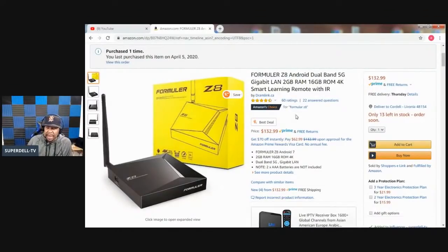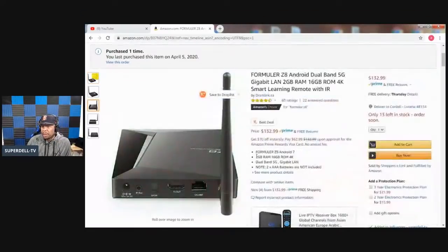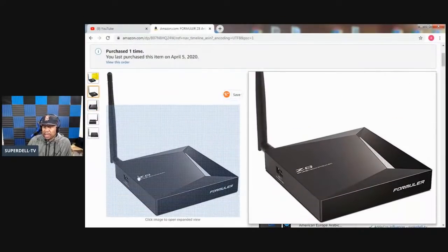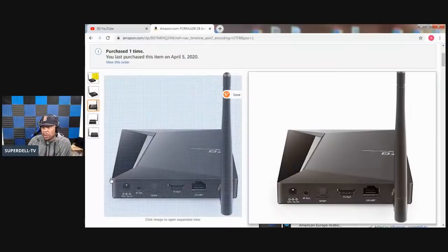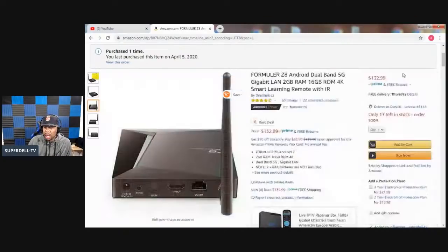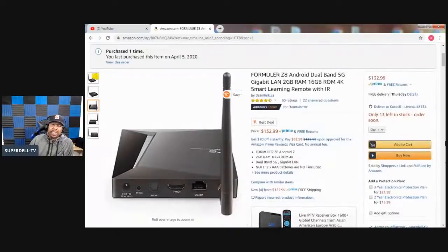But this is the box that I have. Very standard, as you see right here. If we tap in here, on the left-hand side you got a USB 2.0. I'll show you in the back: you got the power, right here, and you got the IR receiver. It's an attachment